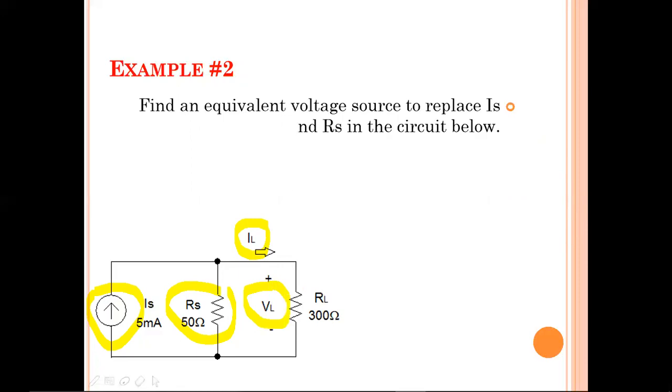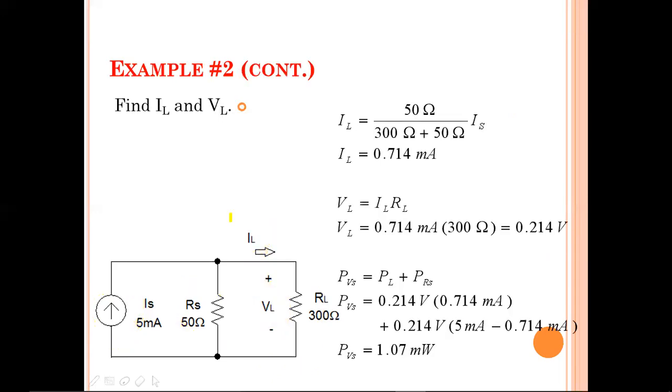By converting a voltage source to a current source, or vice versa, the main aim of the conversion technique is that after converting voltage source to current source or current source to voltage source, the load value should not be changed. That is our basic rule. So let me do the conversion.